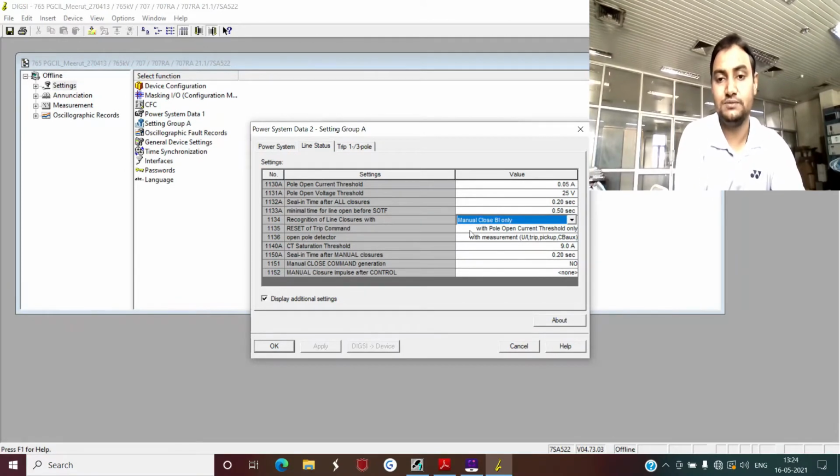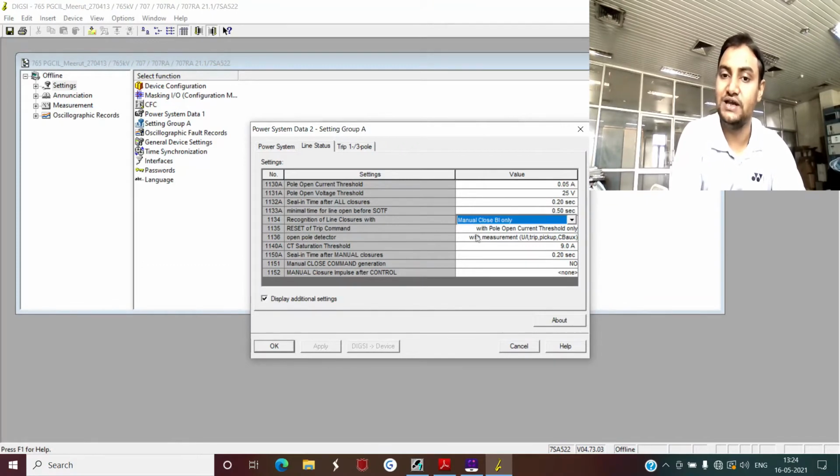But suppose in some cases the protection relay at one of the ends has operated due to incorrect operation or some other reason, and the other end of the line is not open or the line remains in charged condition. Then it might happen that in your relay you will have some charging current magnitude, or if there is a line reactor you will have a reactor current magnitude, and that magnitude of current might be more than this 150 ampere.